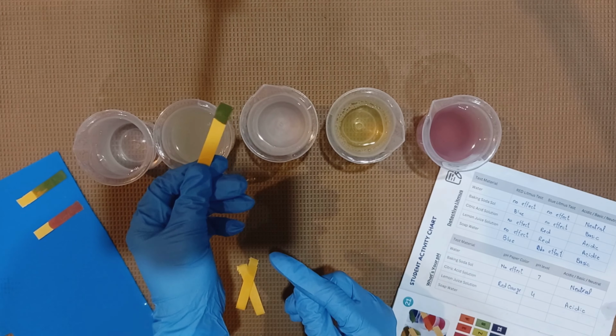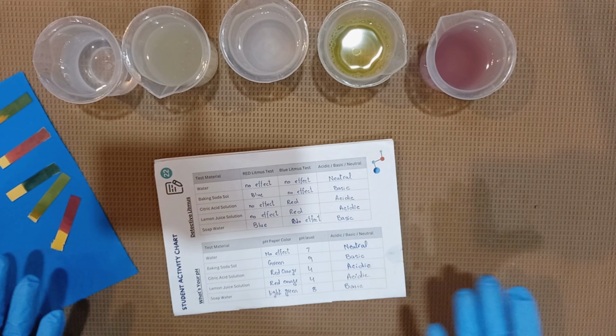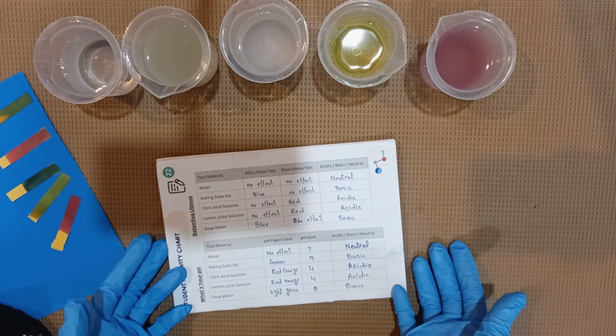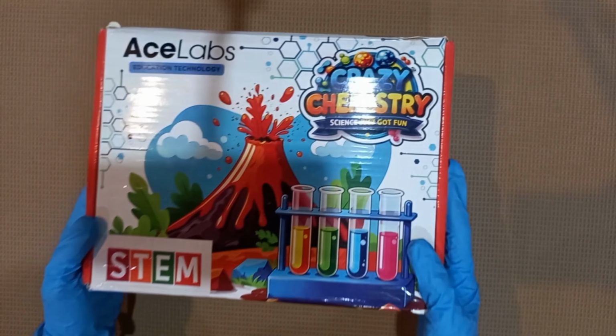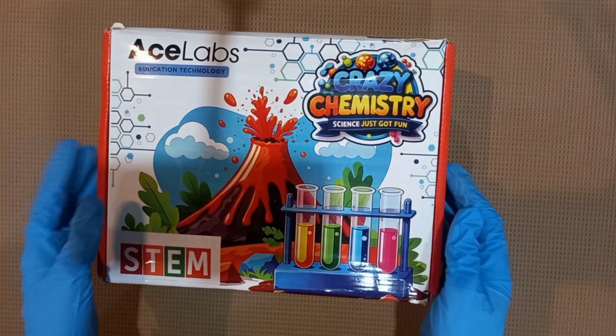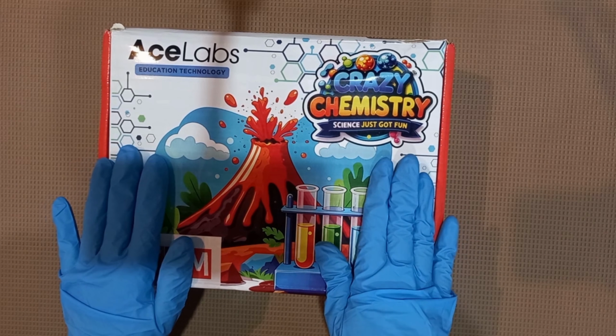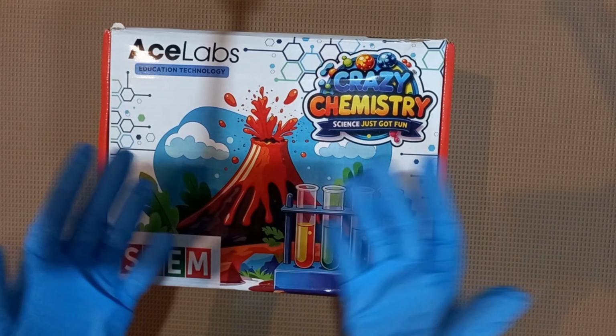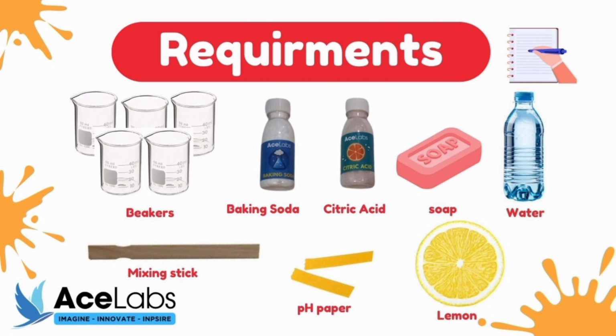Changing color of the paper? Isn't it seems like a magic? Welcome to the series of Crazy Chemistry. In this video, we will see why this paper is changing color in different solutions. Let's dive in. For this purpose, you need beakers, baking soda, citric acid, soap, water, lemon, pH paper and a mixing